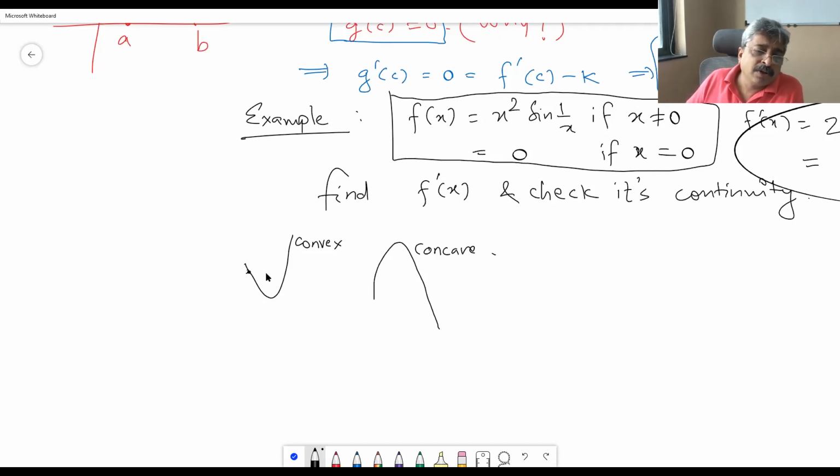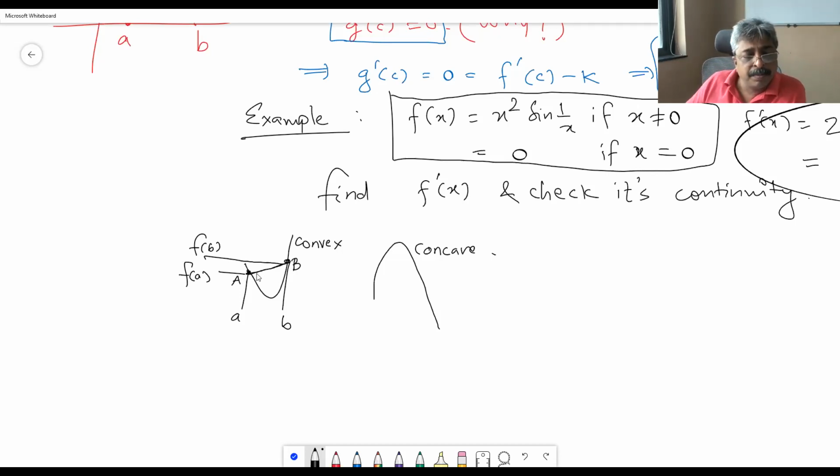So you take 2 points on that function, say a and b, and find out values of the function f of a, f of b. Okay, then we are saying if you join this, then this is a chord passing through capital A, capital B,